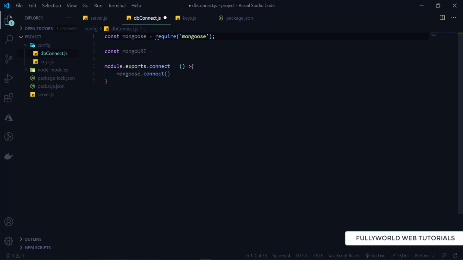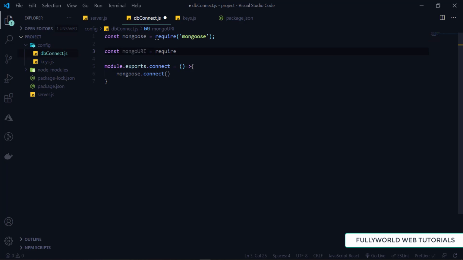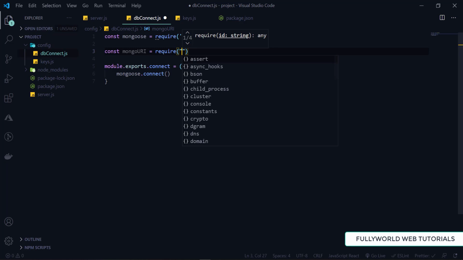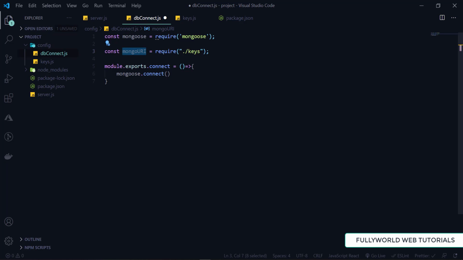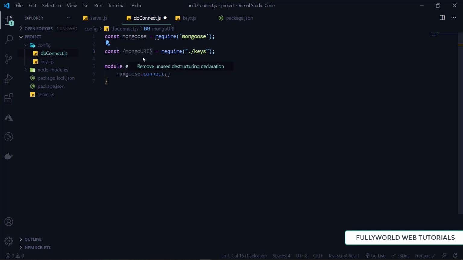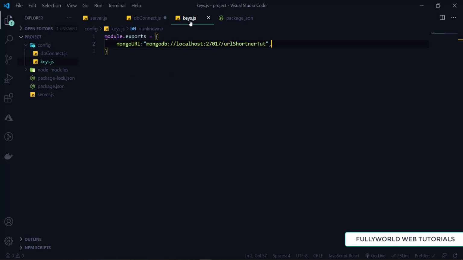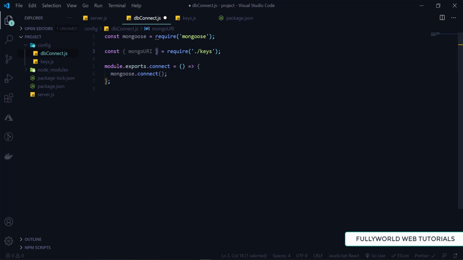So first of all we will write require. So require, that is in the same folder. In the same folder there is keys here. So I'm going to use the destructuring operator here. As we are destructuring from the object here, that's why I will be using this one here. So data, these curly braces, as we are extracting it from the object here. Save it, and now we will be using Mongo URI here,